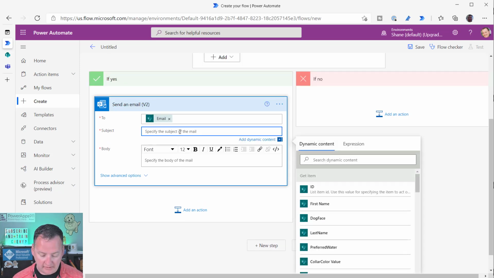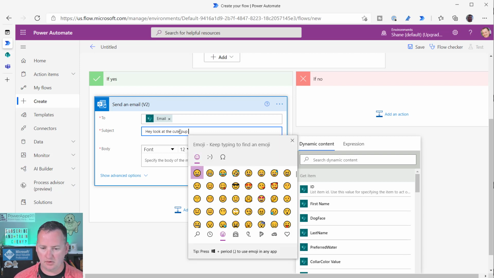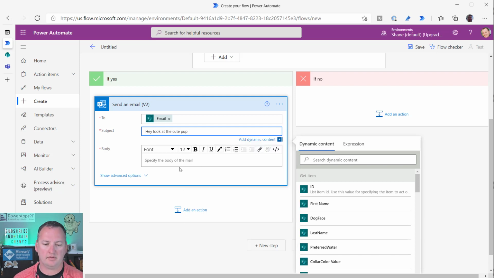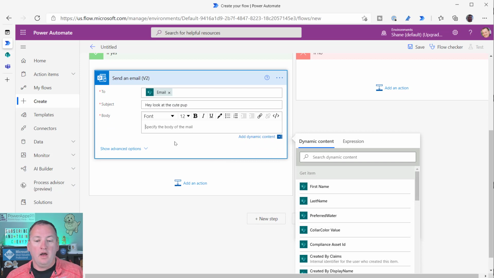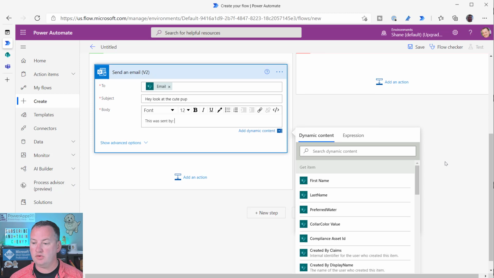What is the subject? How about something very simple? Hey, look at the cute pup. Throw a little smiley. No, I don't think smiley face works. We'll just do that. And so then in the body now, so what we're going to do initially is we're just going to do something easy, right? This was sent by, and then we can use the